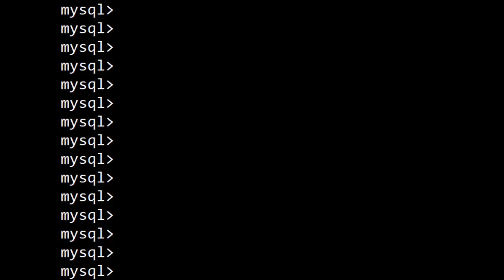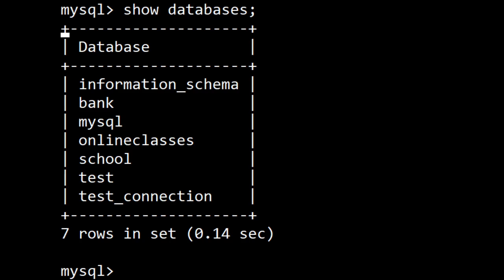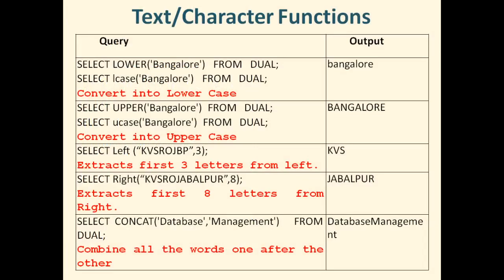Here we will be running the queries, like I can run a query here, show databases, a very simple and basic query, and it gives you the output of all the databases in MySQL at this moment. So let us come back to our presentation and learn the functions.